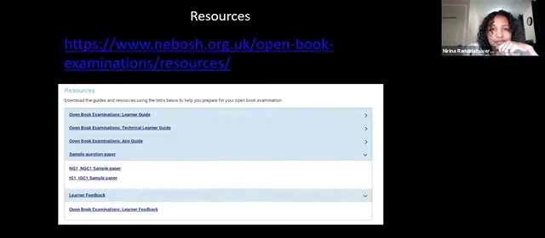And by the way, before that, resources. What we will use today, we will focus on those two documents. The first one is the IG1 sample provided by NEBOSH. They provided that one way before we had the first exam. And the second document is the NEBOSH OBE learner feedback, which is actually based on the August 2020 OBE. You can find those two documents on the NEBOSH website, and you can download them. Jovi also sent the document in the chat box a while ago, so this is where you can find those documents for your reference.